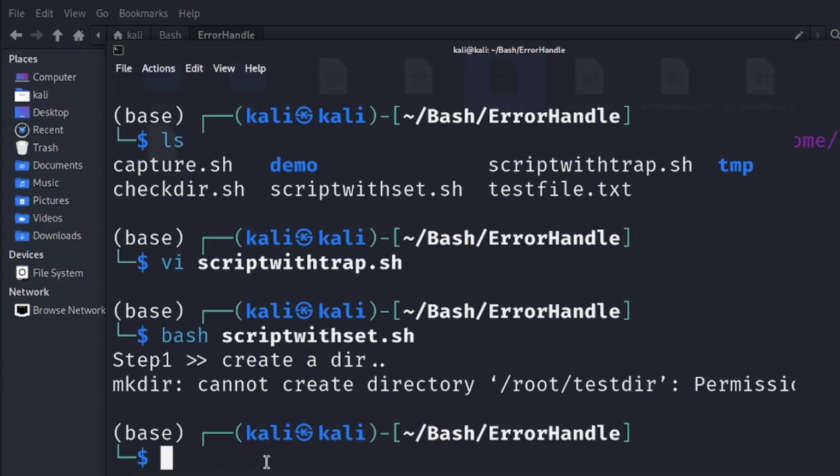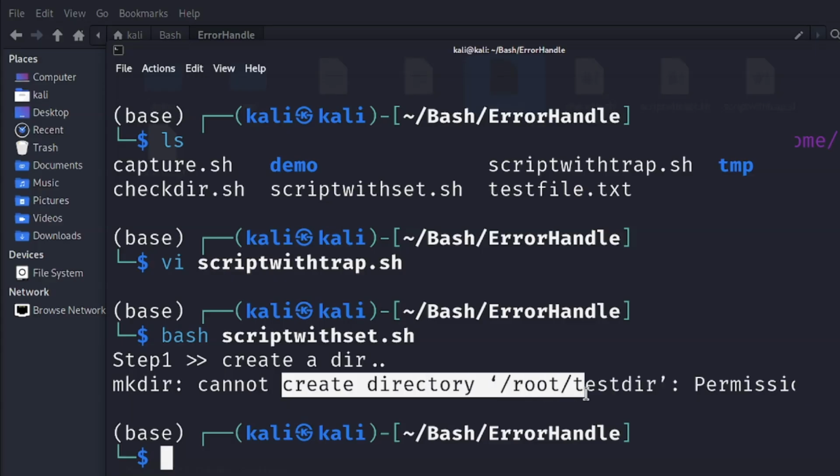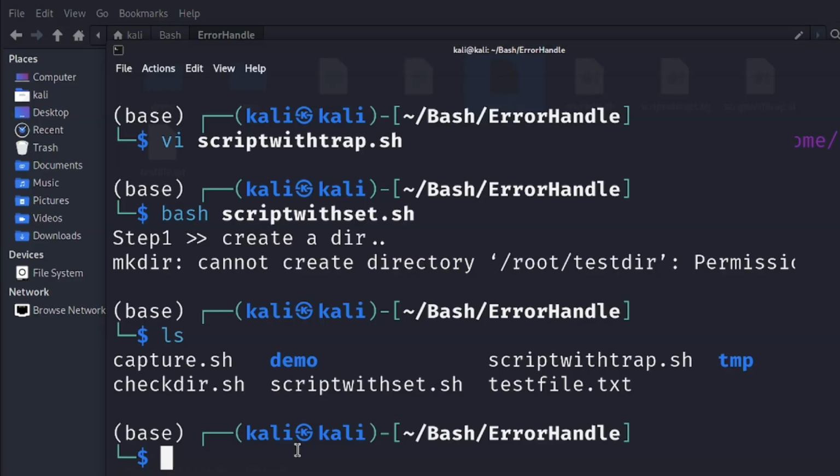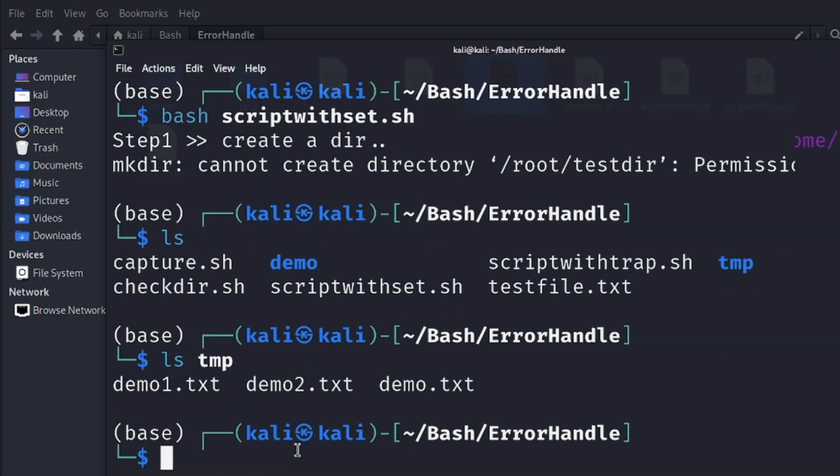Once you hit this, you can see that we basically try to create the directory, and since the non-existent directory doesn't exist, we basically get the error. And as you can see, if we go into temp, or let's just say ls temp, okay,